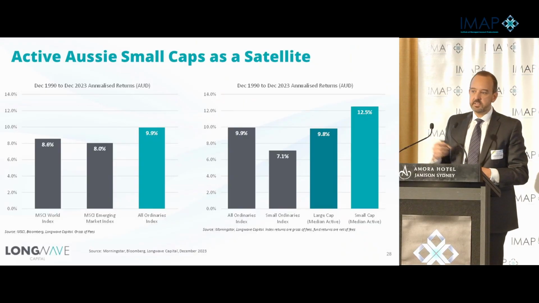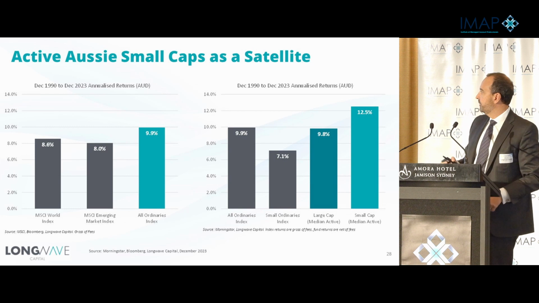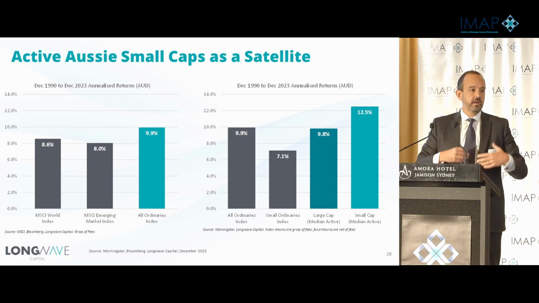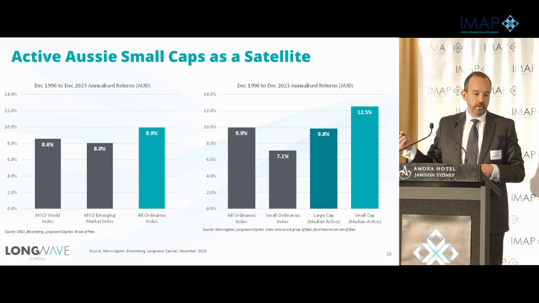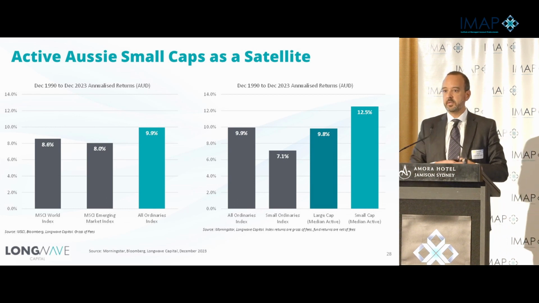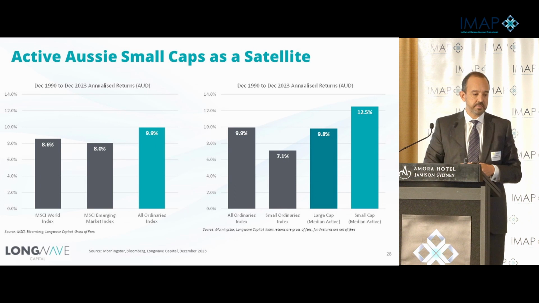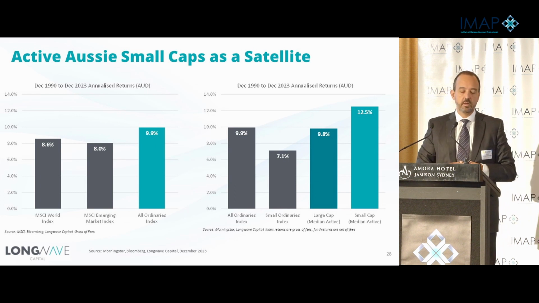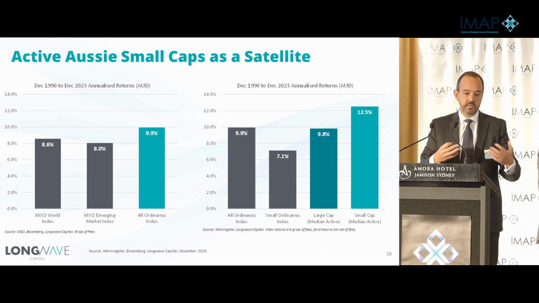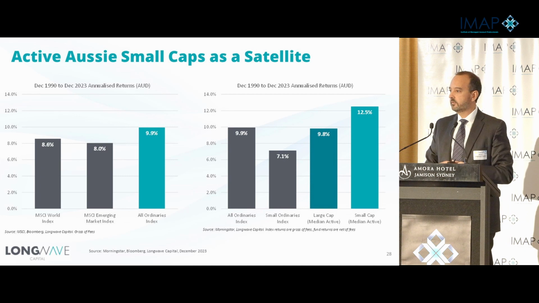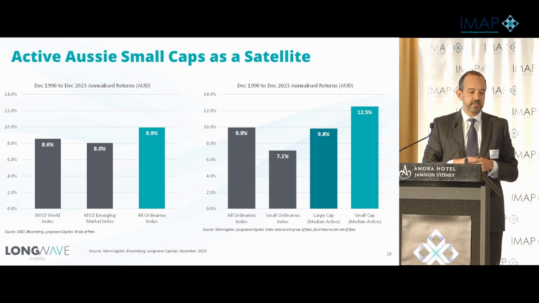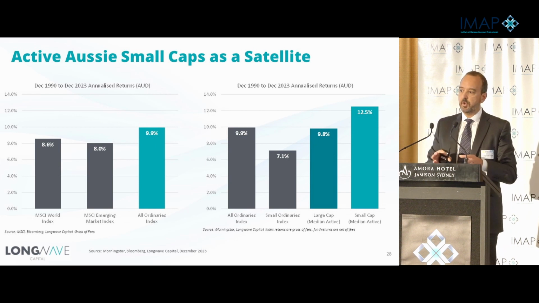What we find interesting, this is 33 years of index history, and whilst we're always looking around the world in different asset classes to find high returning things to invest in, over 33 years, the Australian market's actually done really well versus MSCI World and emerging markets, perhaps more considered a satellite than a core part of a portfolio allocation. Nonetheless, even pre the benefit of franking credits, the local homegrown market has more than held its own. And when we zoom into what happens inside the Australian market, you get an interesting picture emerge of core and